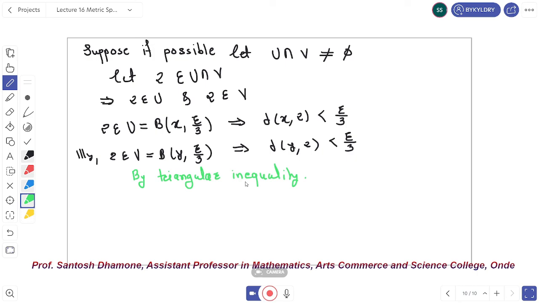This is the last lecture of our unit first of metric spaces. In unit first we covered all the points, and I hope all of you understand unit first. If you have any query or doubt, or are not able to solve any problem in the book, then please call me or text me on WhatsApp or email. I will assist you in solving exercises and assignments.